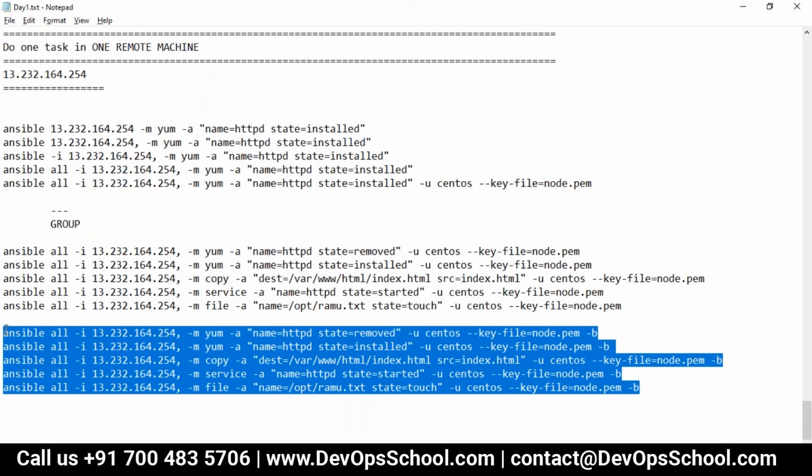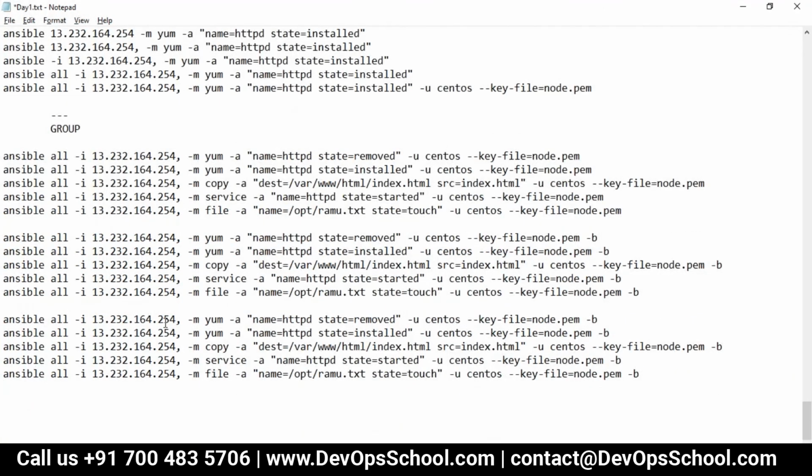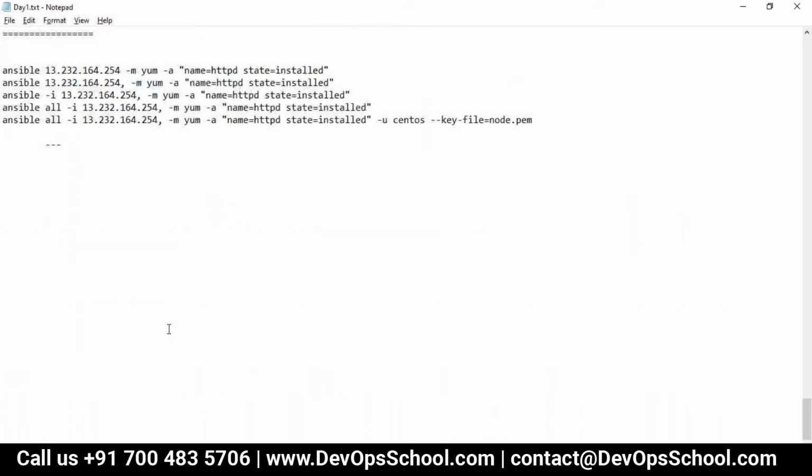For example, if we have only one server in ASR, we are connecting using the key or root user, whatever it is. If we are trying to push this to 100 servers, then the Ansible user should have root permission on all the 100 machines, right? Yes, for this code to work, you need that permission.